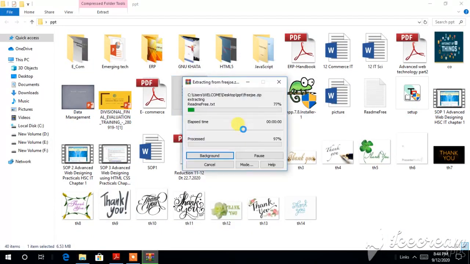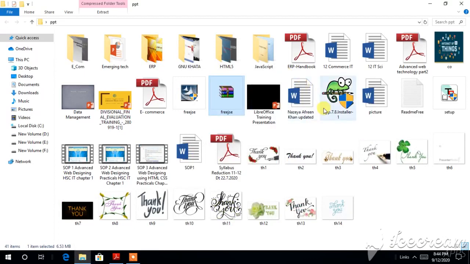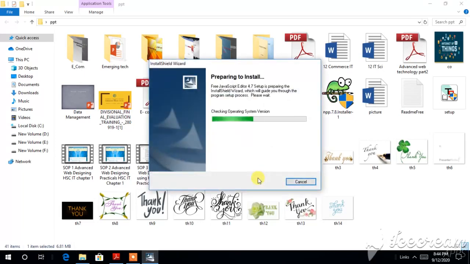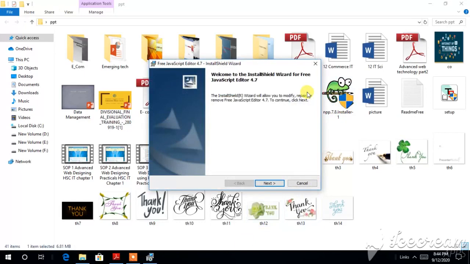You will be extracting the file wherever you want. Here, if you extract the files, I will show you one more. Now I am showing you the extraction file. See, just install this file. I'm just showing it for you. If it is already installed, it will show that it is on. This is the way they install and work. And this is how the work is done.